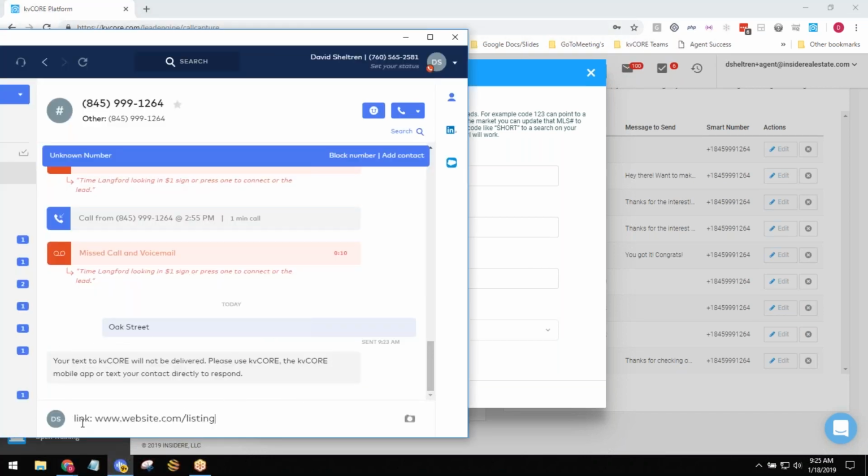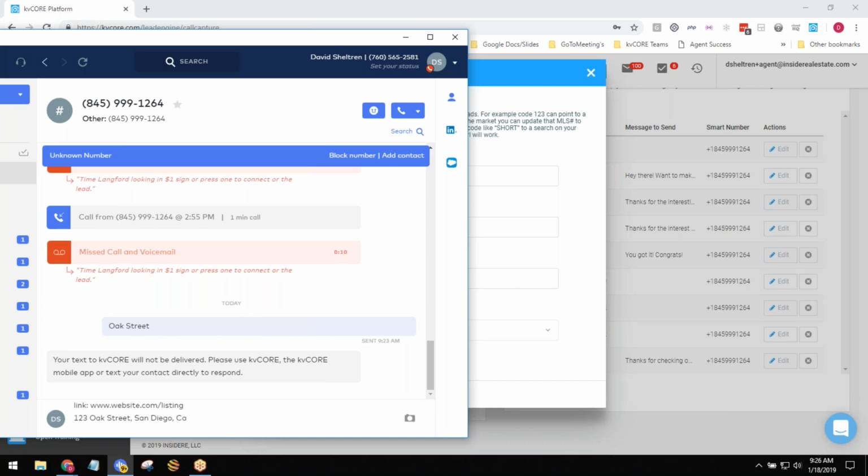So this is actually what it looks like for the content. It's going to say link, colon, and then the website link to your listing. Right below that, it's going to have the address of whatever listing it is, let's just say San Diego, California.